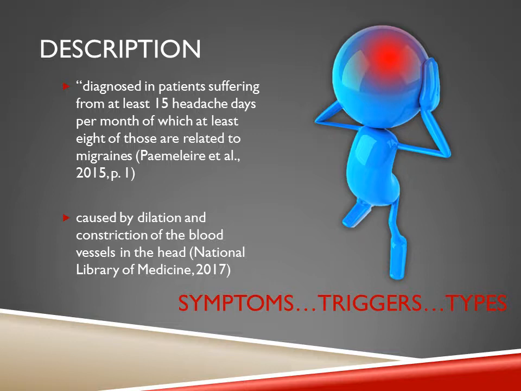Also, just as a point, there are 2 main types of migraines: those with aura, otherwise known as classic migraines, and those without aura, which is a common migraine. An aura is a group of nervous system symptoms and is considered a warning sign that a migraine is coming. It often occurs about 10 to 15 minutes prior to the start of a migraine, but also can happen up to 24 hours beforehand. An aura can be a smell, vision change, or other things like that.